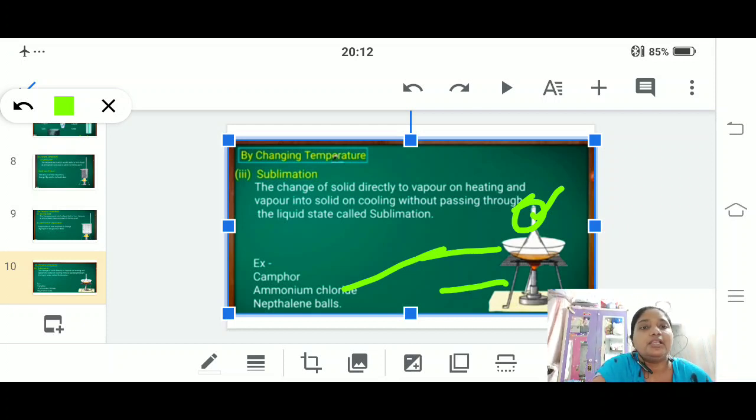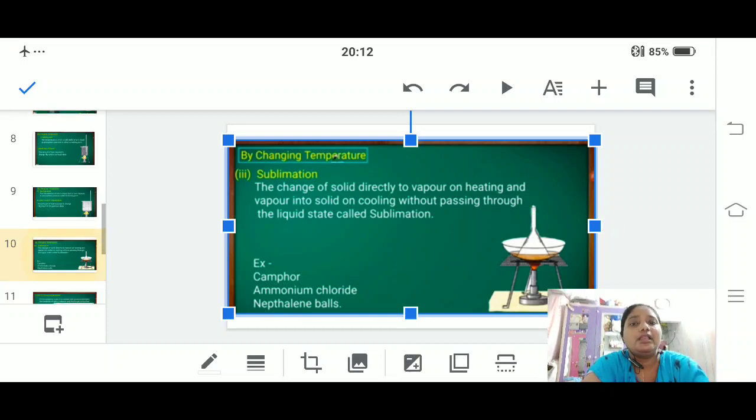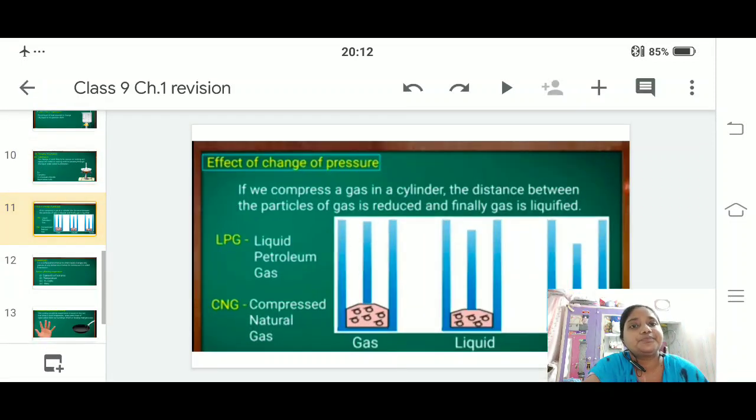Ammonium chloride in solid form tries to convert itself into vapor, but there is no space to move out, so the vapors condense on the funnel. After some time you can switch off the burner and collect the ammonium chloride present on the funnel. Fine. Let us move to the next one.